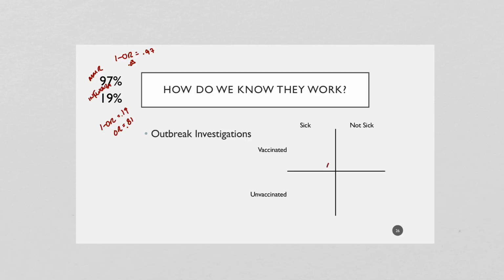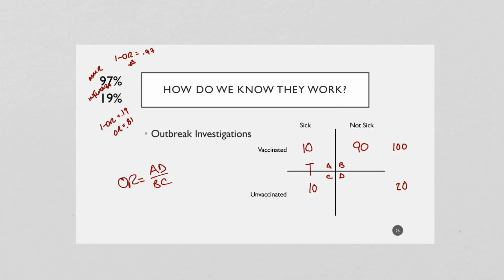We have this cell here called A, B, C, D. Odds ratio basically is A times D divided by B times C. So let's just plug in some numbers. Let's say that people who were vaccinated, 10 of them in this outbreak at an institution like a school or whatever, 10 of them were sick, but 90 were not sick out of a total of 100 who were vaccinated. Unvaccinated, let's say that it's a very small number, so let's say that 20 were not vaccinated. But out of those 20, how many were sick? Let's say 10 as well.